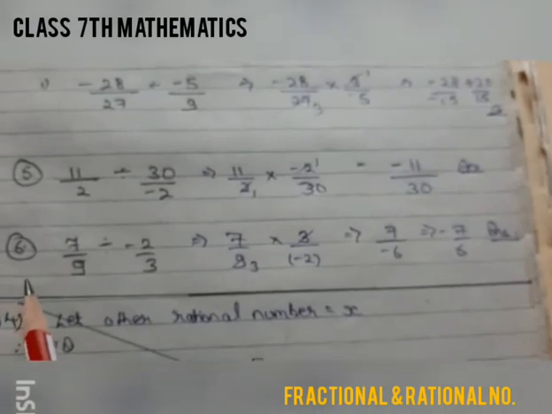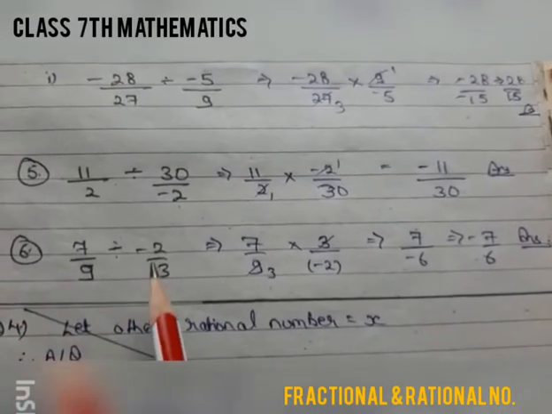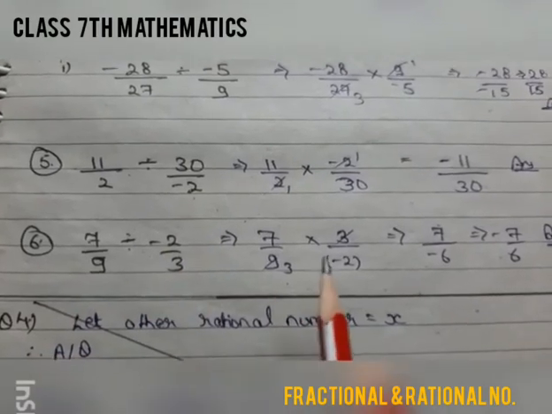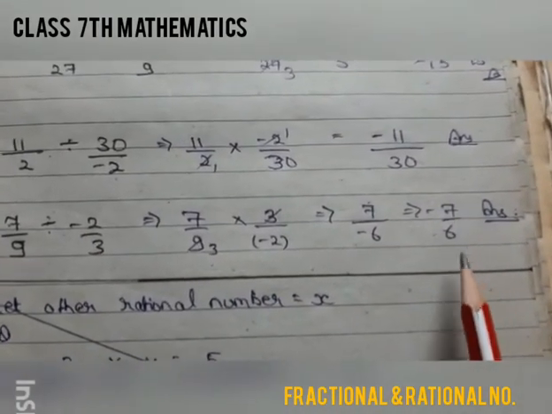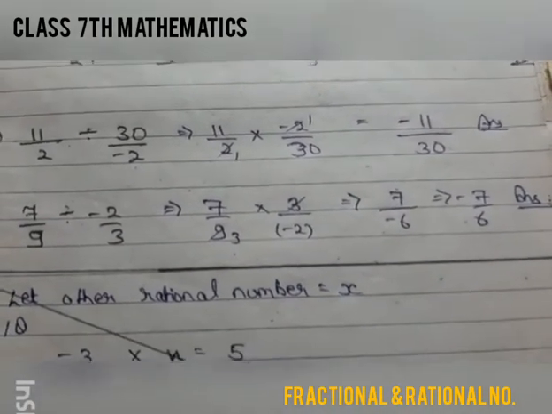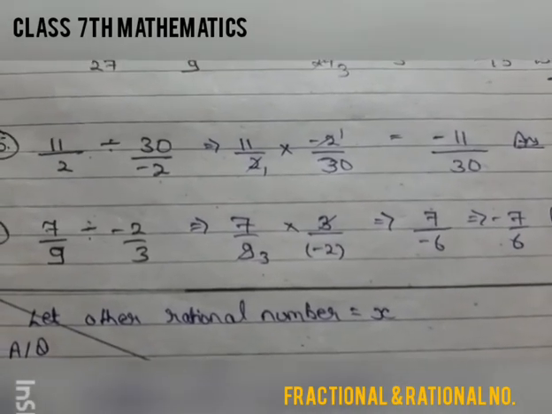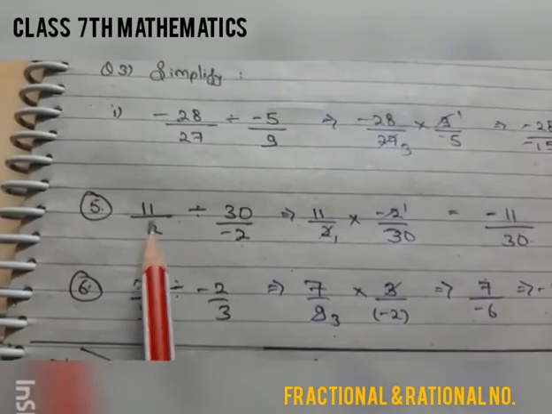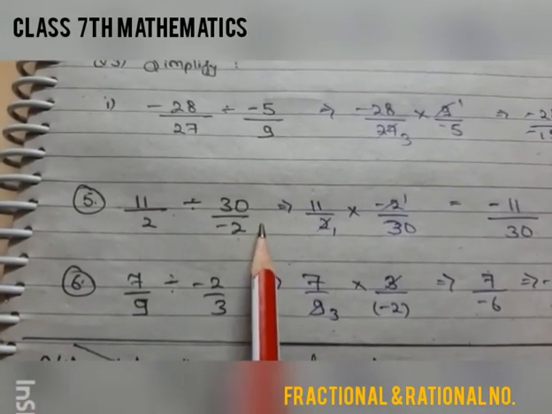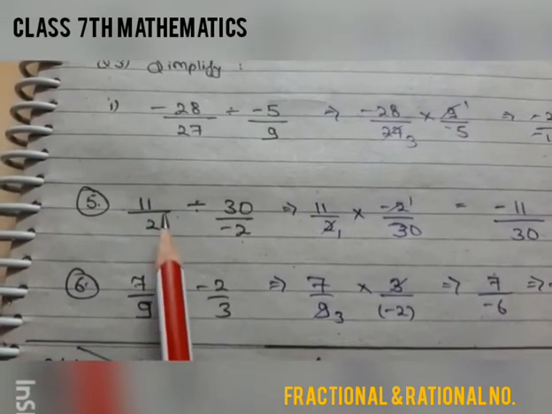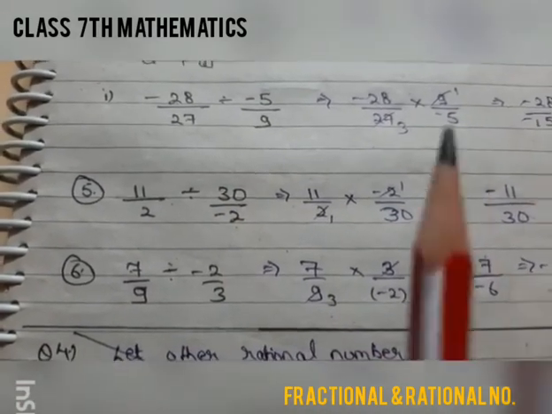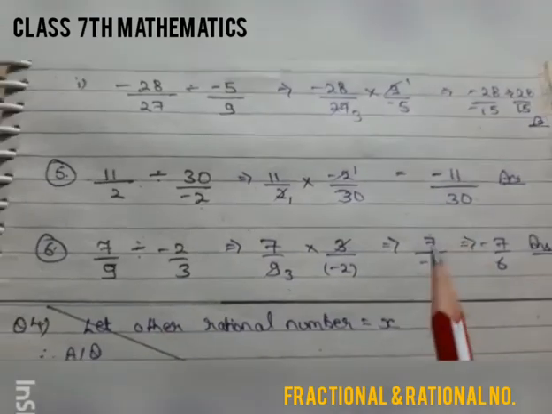Similar is question number 6 also, 7 upon 9 divided by minus 2 upon 3. First rational number into reciprocal of second rational number. When you solve it, you will get the answer, minus 7 upon 6. All questions of this exercise are based on a simple concept: when two rational numbers are going to get divided, you need to write the first rational number multiplied by the reciprocal of the second rational number. Just pay attention to the sign. Okay, now